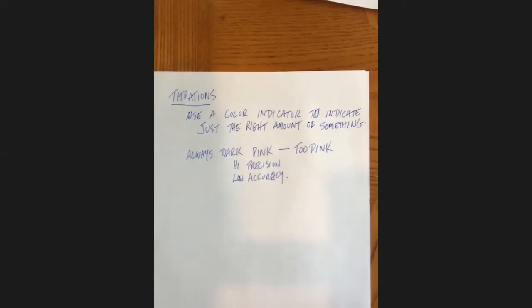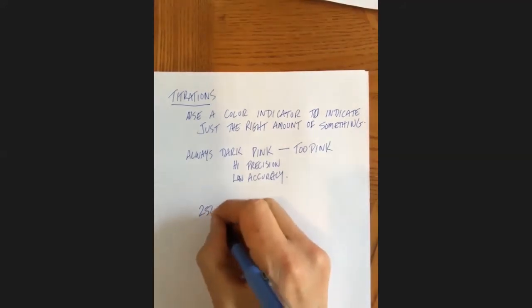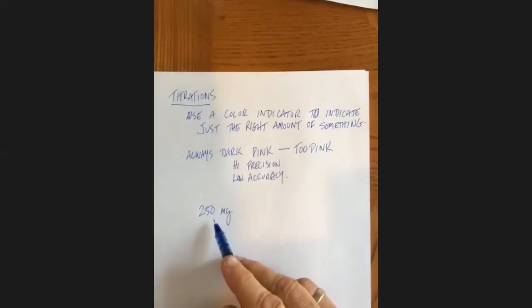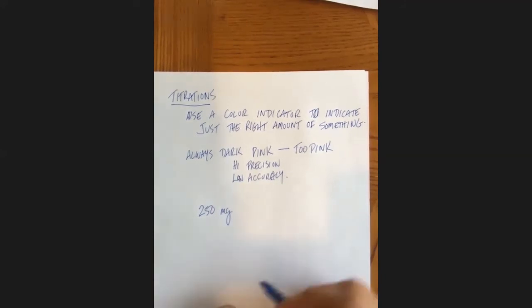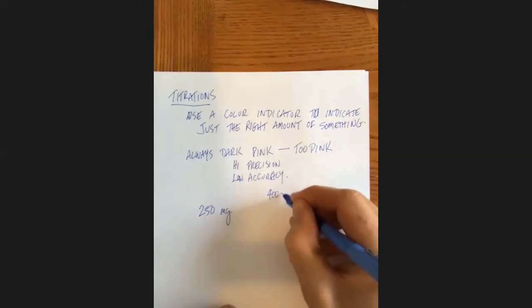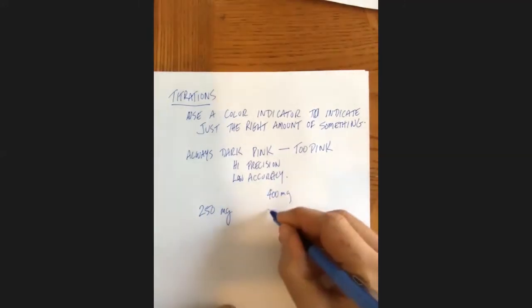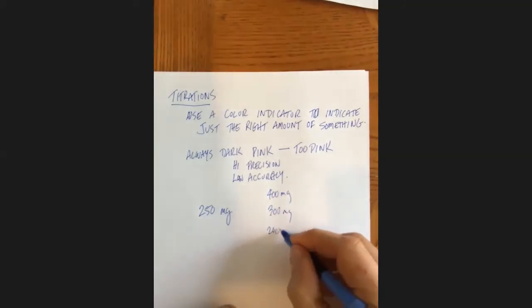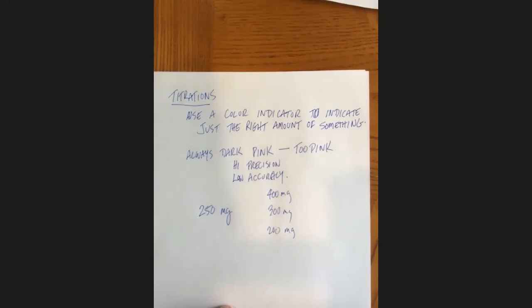But something I suspect all of them care about is that when they take a medicine and it says 250 milligrams of something, they want to know that it's 250 milligrams. They don't want one pill to be 400 milligrams, another 300, another 200, another